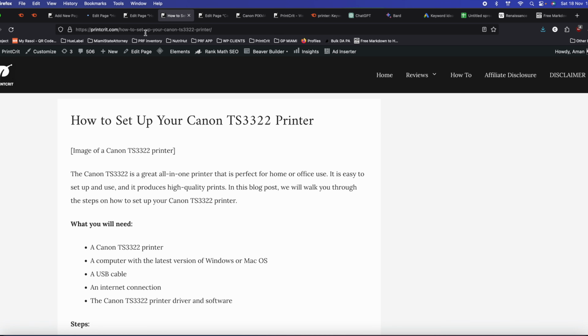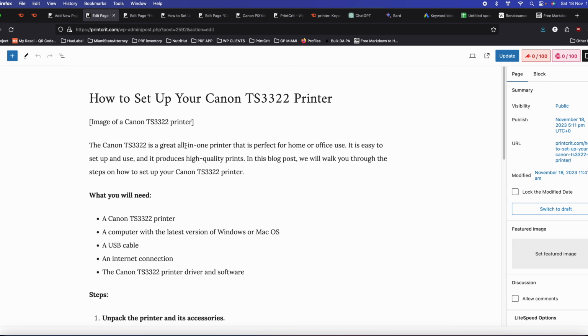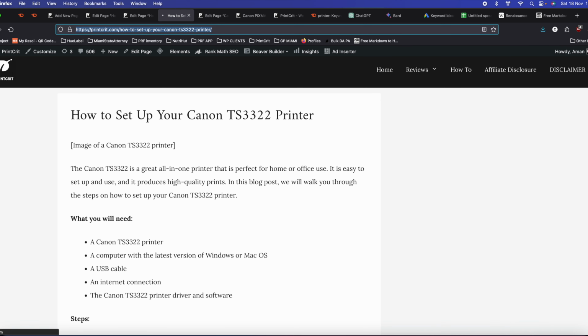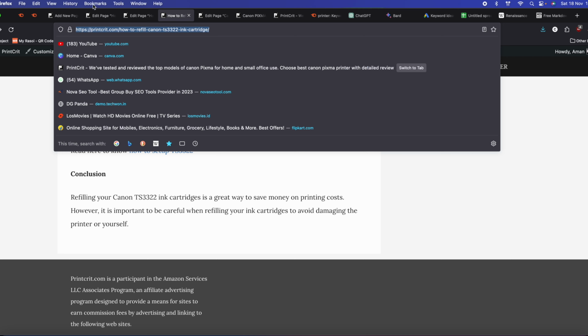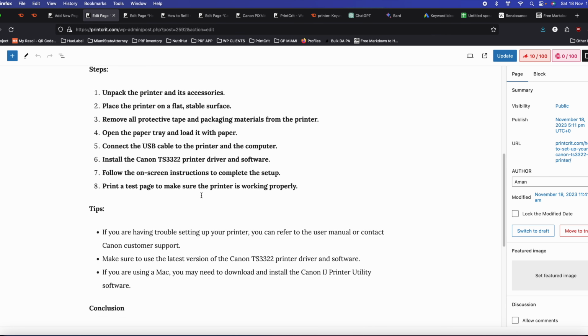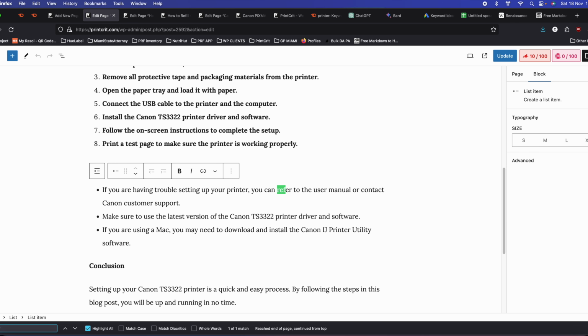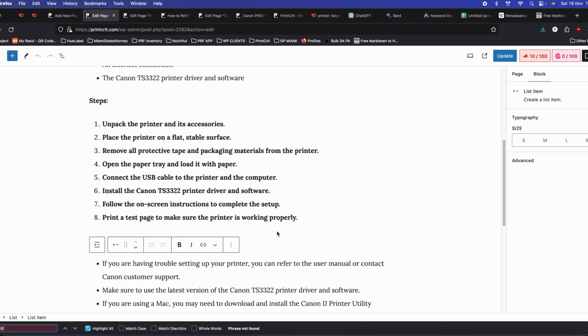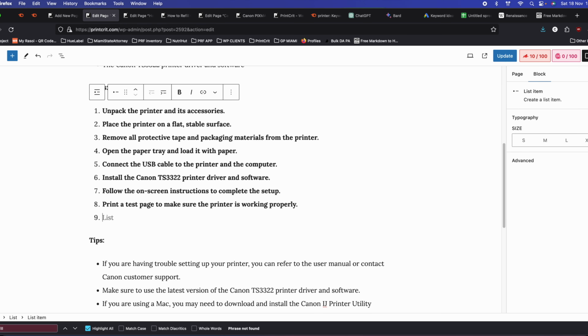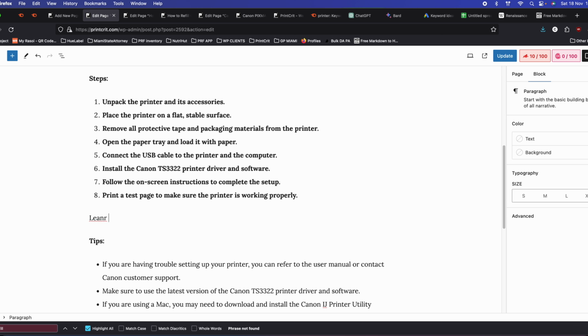Let me just quickly, how to set up, we already have. I'll go back to the how to refill page, and I'm using the word ink only one time. Refill word, no refill word. So I will just simply put a link here. Learn to refill Canon TS 3322, refill Canon TS 3322,